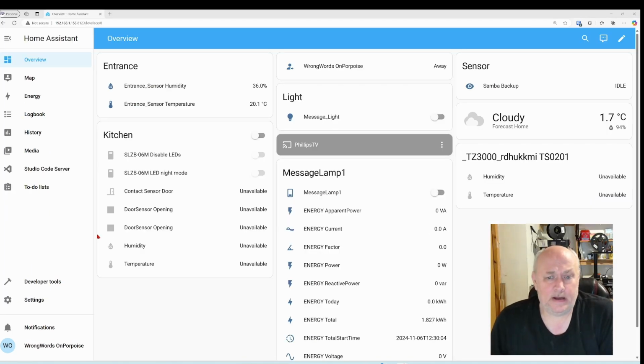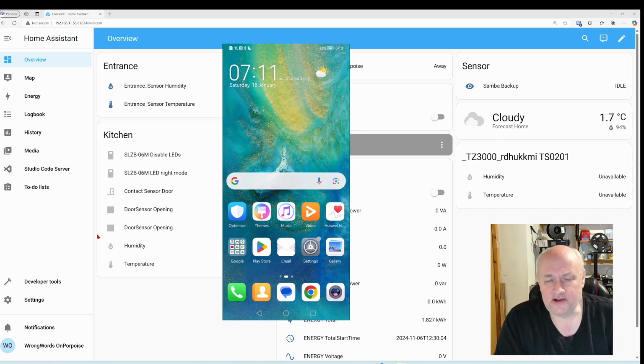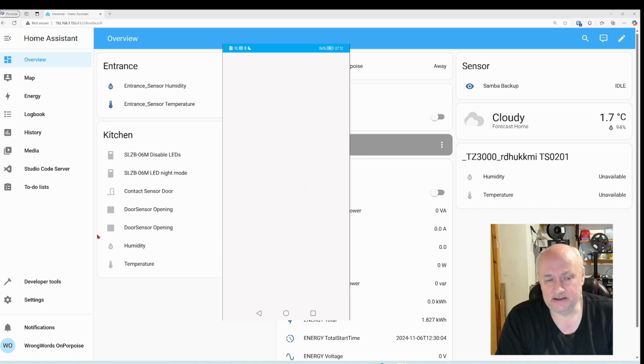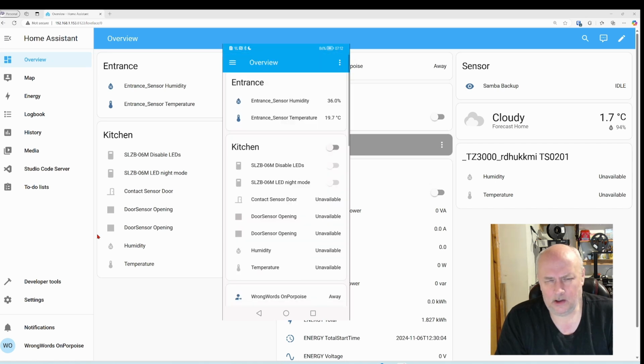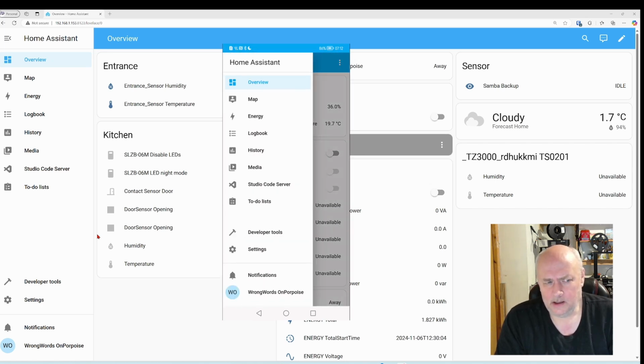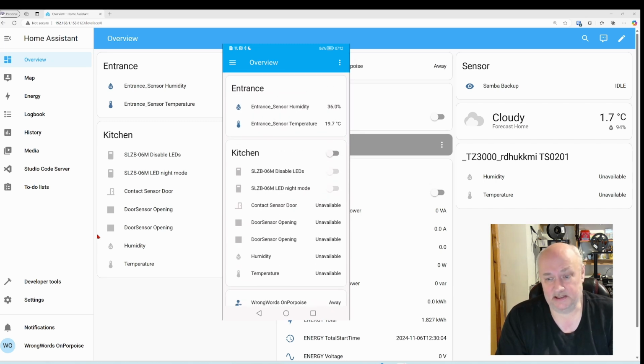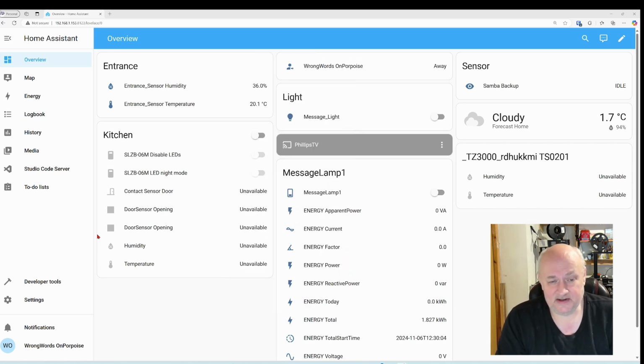So you've got basic alerts set up now. There is a little problem though, because if we look at the phone and you click on that message, up comes Home Assistant, which is really good. And then why are we here? If you've forgotten what that message is, it's gone. It was a temporary notification. It's not there anymore. So what we need to do is set persistent notifications,